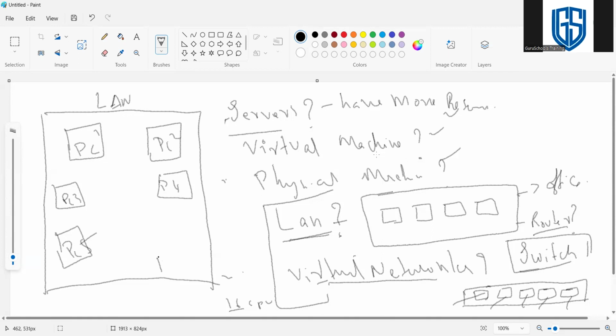We need to buy one switch and set it up in any corner of the room. These machines have a LAN cable port, so we take a cable, plug it into the LAN port of that specific machine, and plug the other end into the switch. Do the same for all machines.